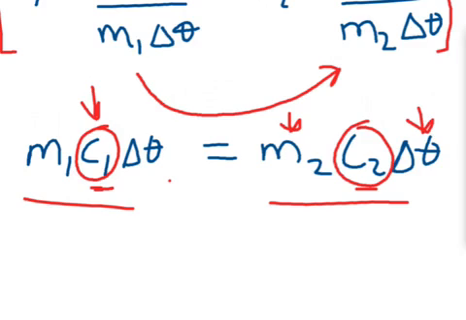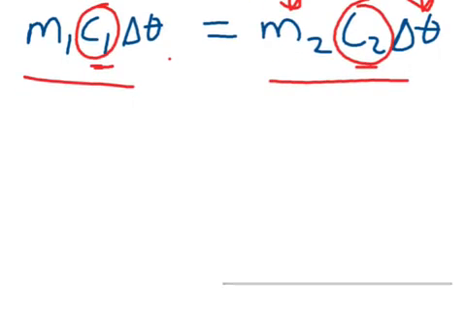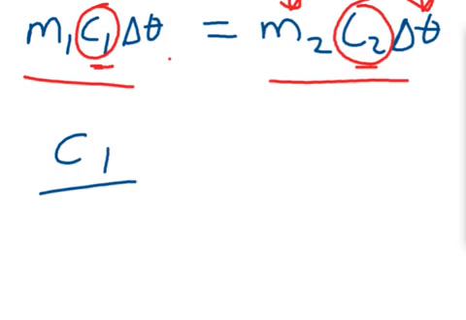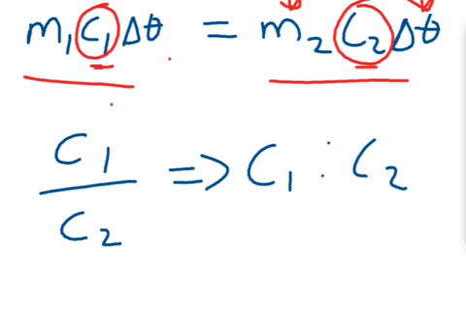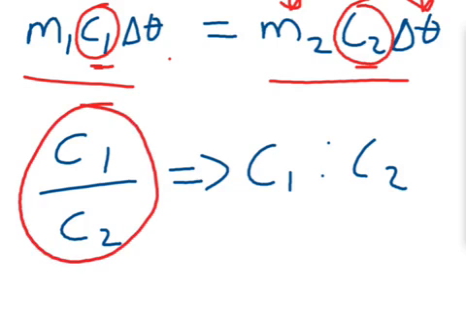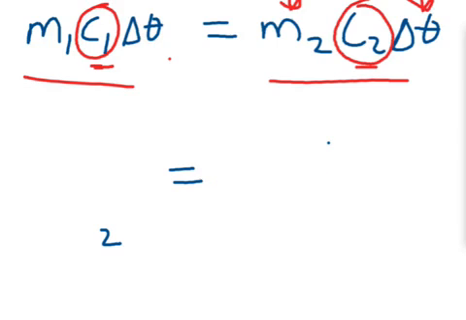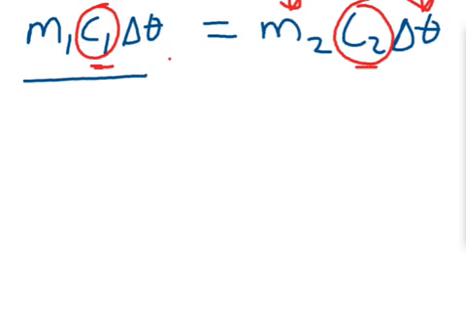so that by doing this, we can have an expression that will eventually look like this: C1 over C2. This is exactly what we're looking for, the ratio, because C1 over C2 is the same thing as saying C1 ratio C2. So if we can have an expression like this, our answer will come out. So let's see how we can have an expression like this, C1 over C2, by equating the two equations to each other, which we have done. So this side is equal to this side. What we are going to do now is put in the values that we are given in the